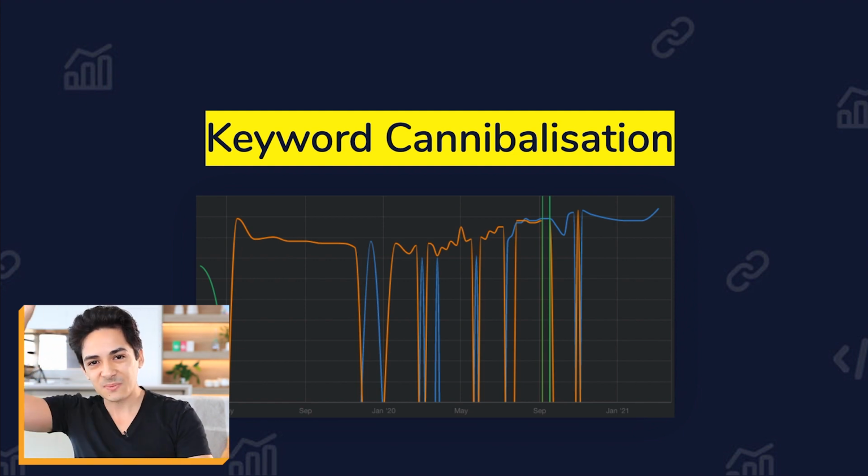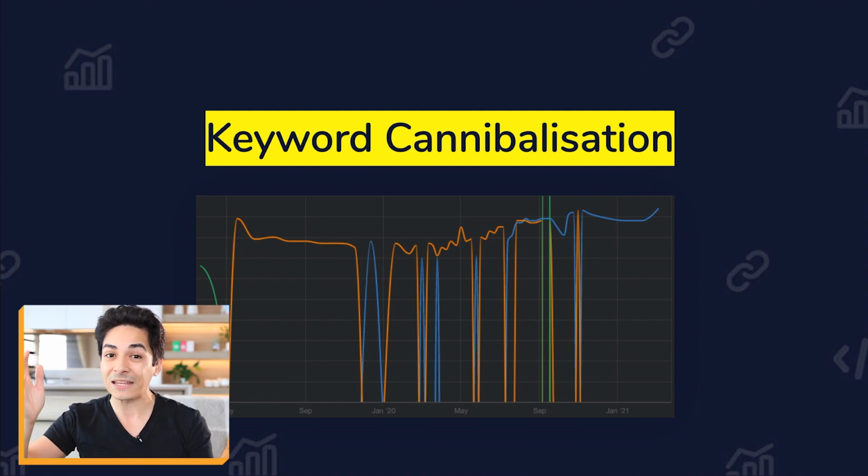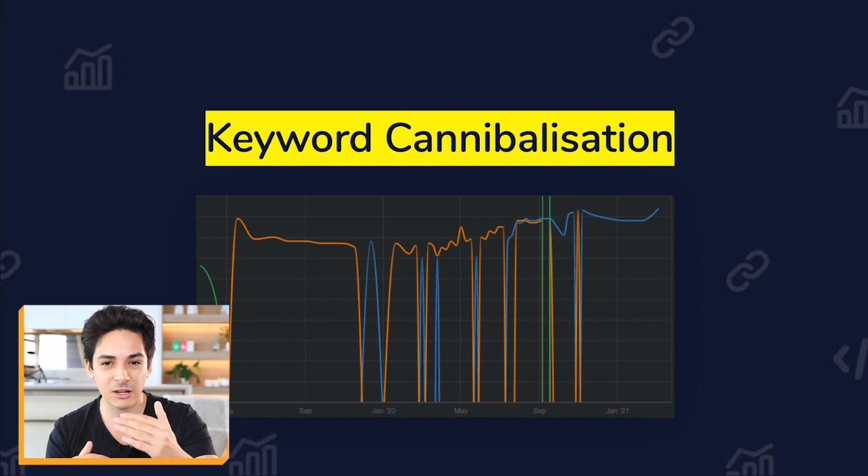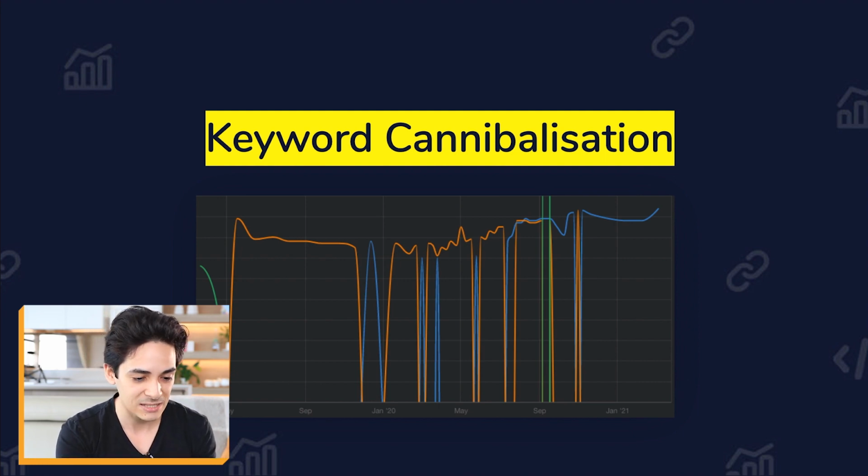Then it drops down, the next page comes up, and then it drops down, the next page comes up, and it drops down, and so on. And it's just kind of inconsistent rankings where it's jumping between different pages, or sometimes two pages ranking at the same time. It just looks messy, and it's also